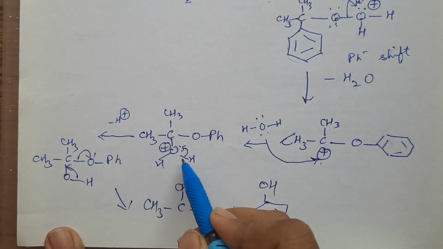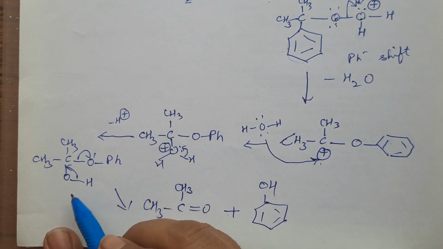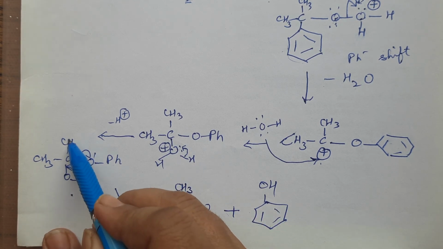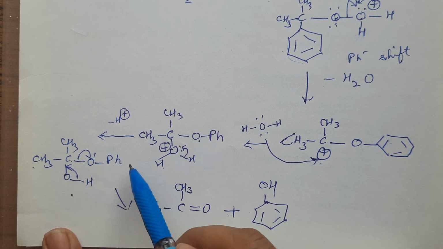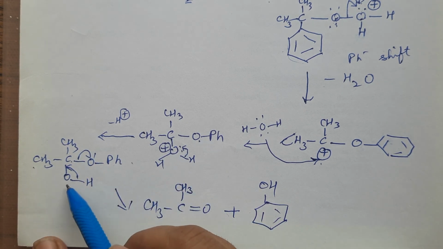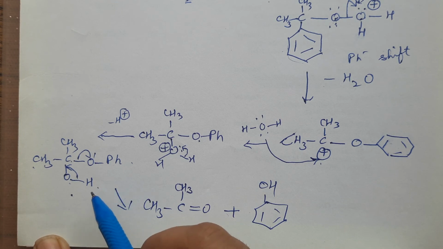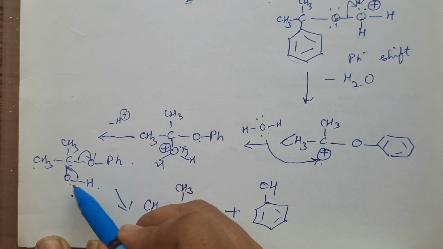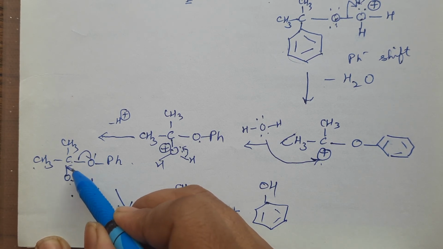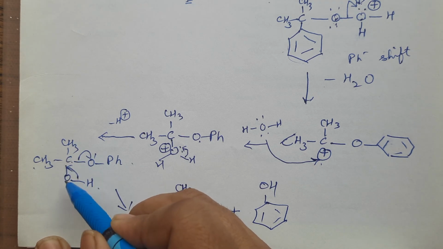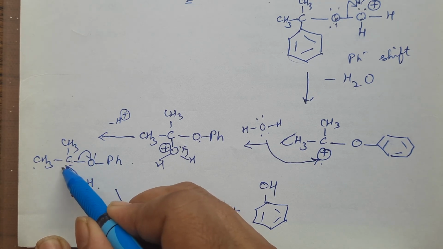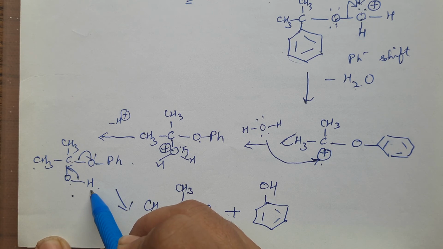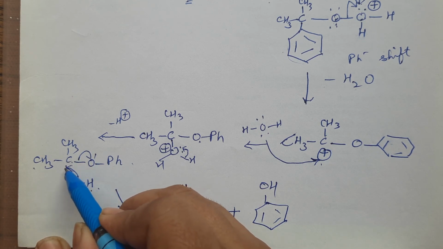So what if this H goes away? What is left over? I have written here C, CH3, CH3, O, H. One H is removed, so only one OH is left over. Right? Now this electron which is making the bond between O and H will go in between carbon and oxygen. So when this goes away from here, there is only H plus left over. And when this has gone, there is a double bond between carbon and oxygen.